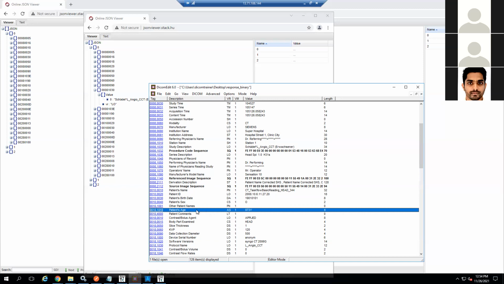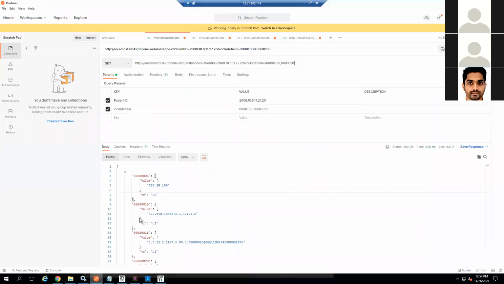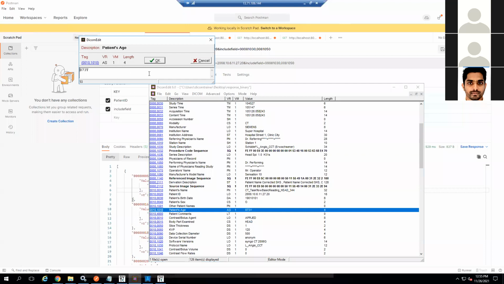Now, when you do a QIDO command with include tags, this tag will not be present in the database. Now you are forced to open the image, right? So most people are not implementing these things. That's what we observed, because of the cost involved in the query.